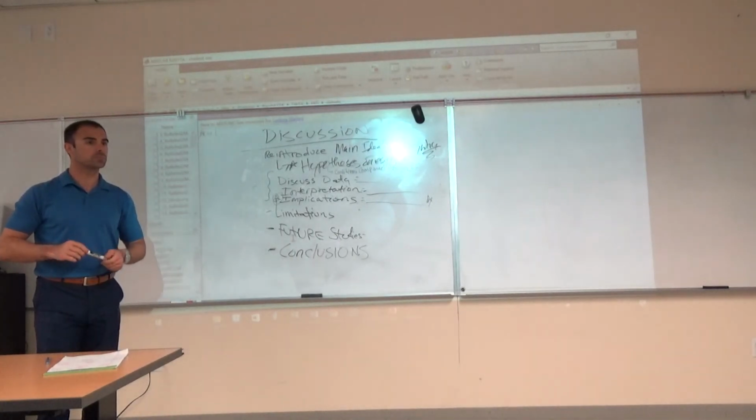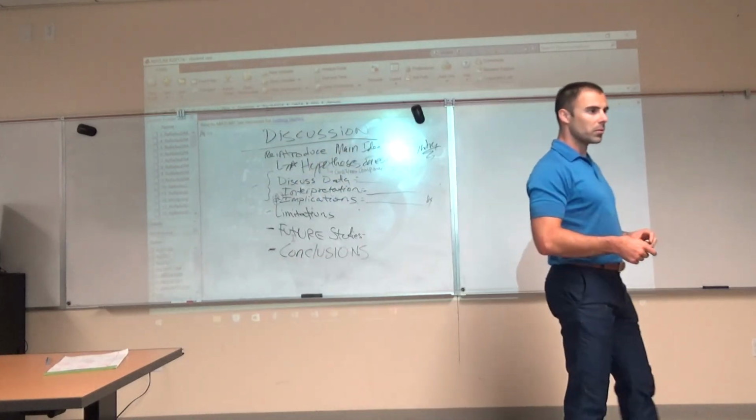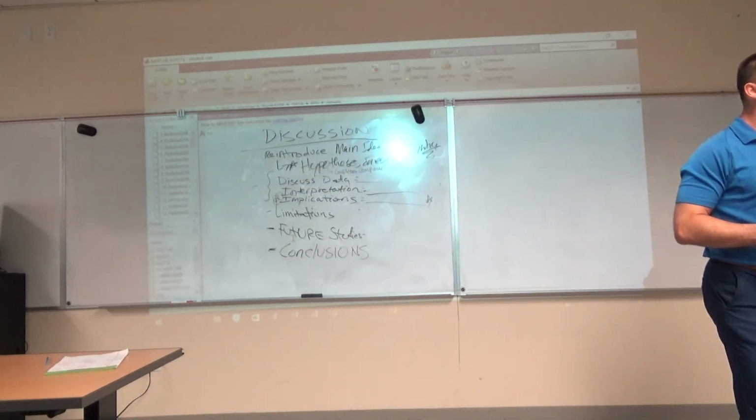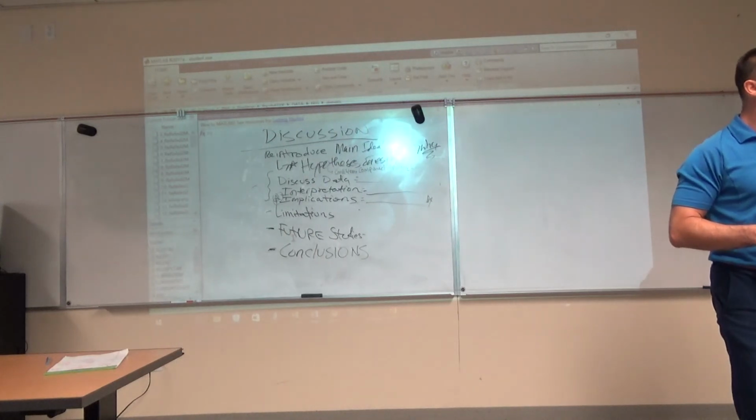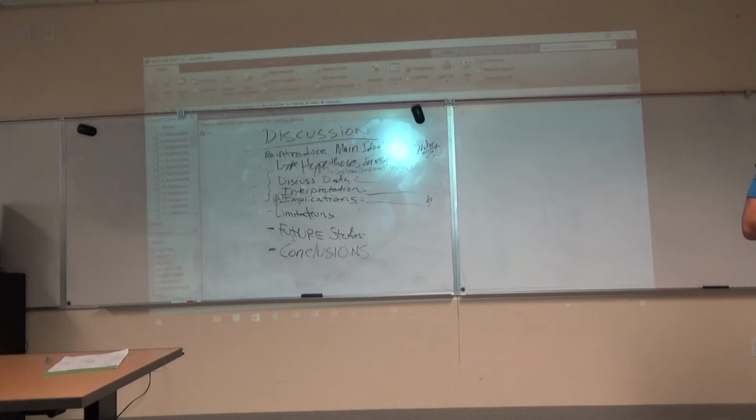Because I know when I was learning how to do it, we didn't have the conclusion there. We just did the discussion of the data, we interpreted it, then we did the implications, or the limitations and implications, and then the future studies, and the future studies is kind of like the ending tone of it, like, we did this, here's something in the future, and that was it. Yeah, you can put another couple sentences or a little paragraph of conclusions. Okay. Just kind of summarize it back for people.